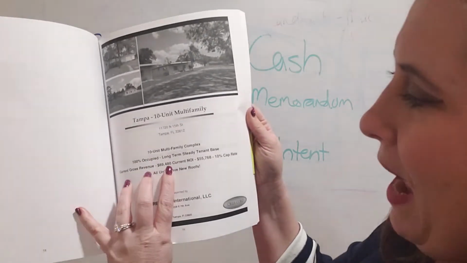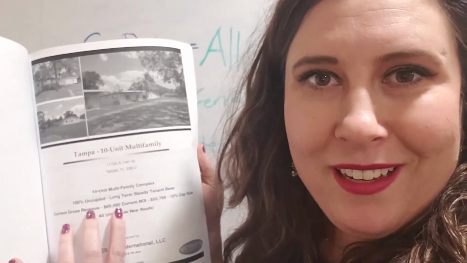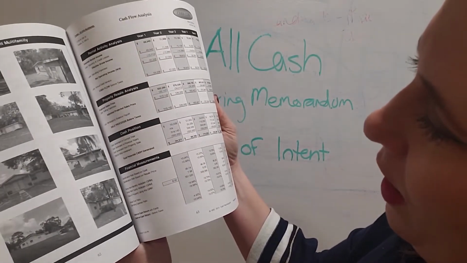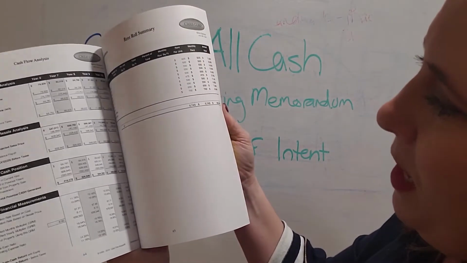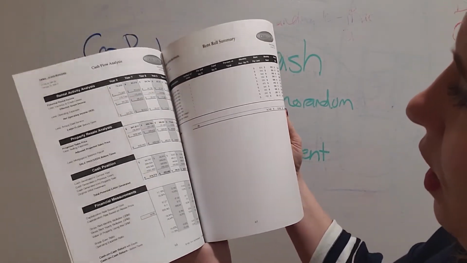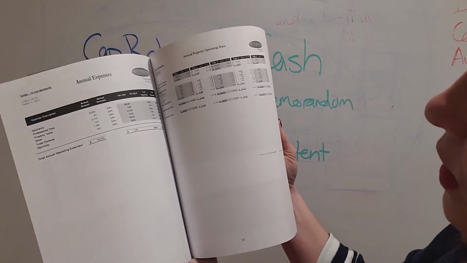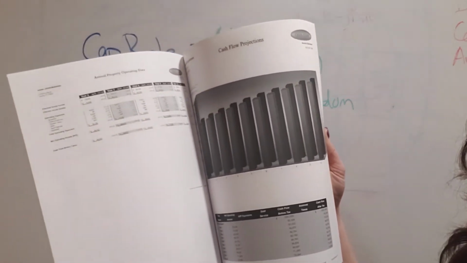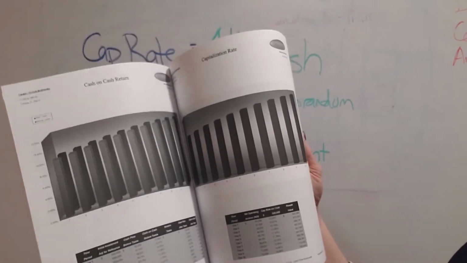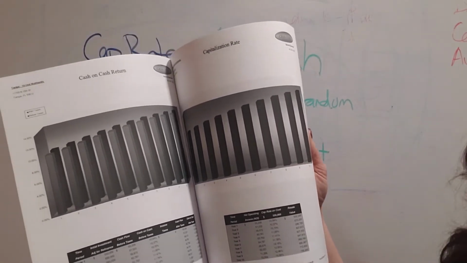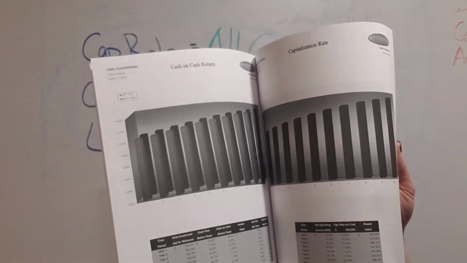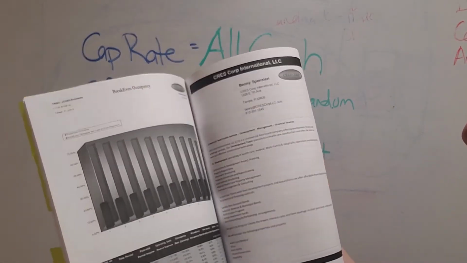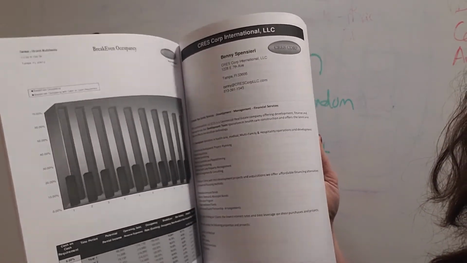And look, they even did the math to show you a 10% cap rate. And then we go through, we got pictures of the property, we got breakdowns on analysis, cash positions, different measurements of the property, financials. We've got a summary of the annual expenses, the property data, cash flow projections based on what you do with this property, how they broke down the cap rate and how it'll grow. We've got the cash on cash return, different analysis through here, and then how to get in touch with the agent that has it